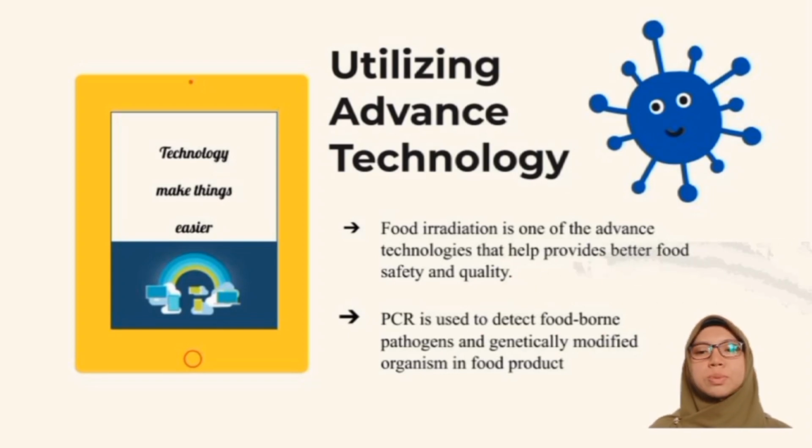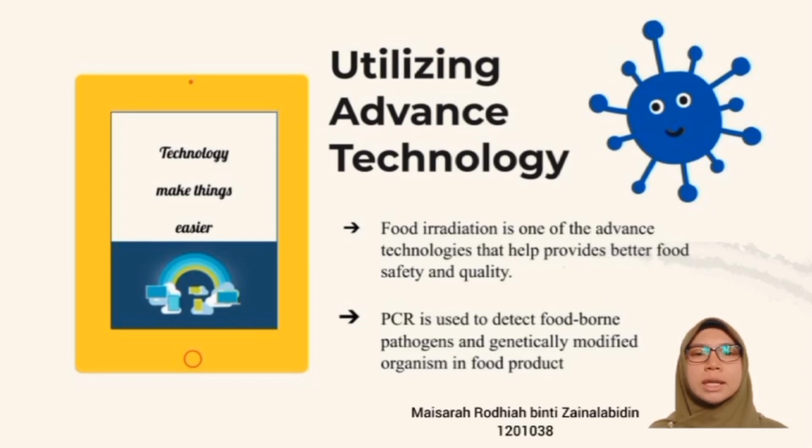By conducting this PCR technique, we can trace any microbes that occur in food. There are other microbes like Listeria species, Listeria monocytogenes, Campylobacter jejuni, Cryptosporidium parvum that may be tested using this PCR technology. There are also more technologies that help us to improve our food safety and quality. But for now, that's all from me.